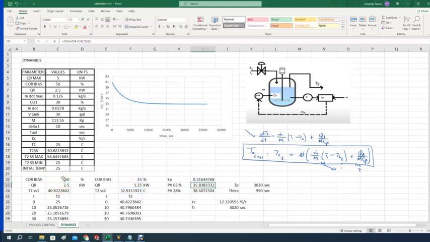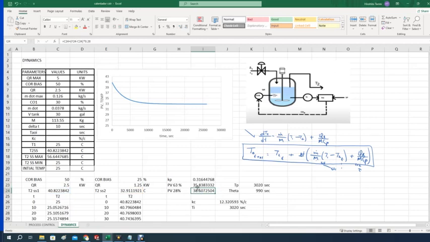That will produce this KP value as shown here. Now, in order to locate, and this is also from the theory at the beginning of this video, you need to locate what is called PV of 63 and PV of 28. Now, double click here. As you can see, for the PV of 63%, you go from the initial value, that's C24, plus delta PV, minus this one, times 0.63,